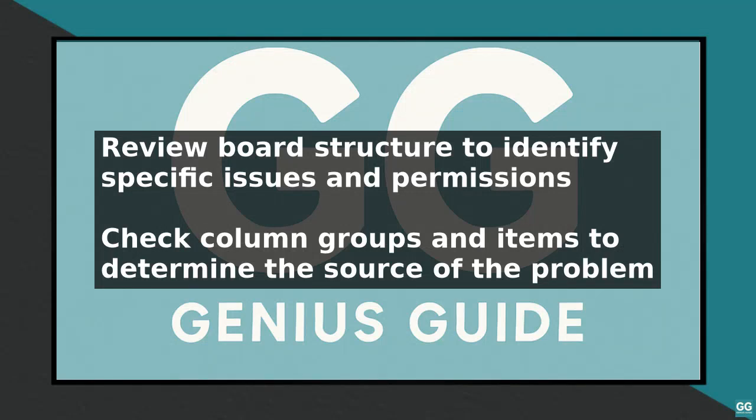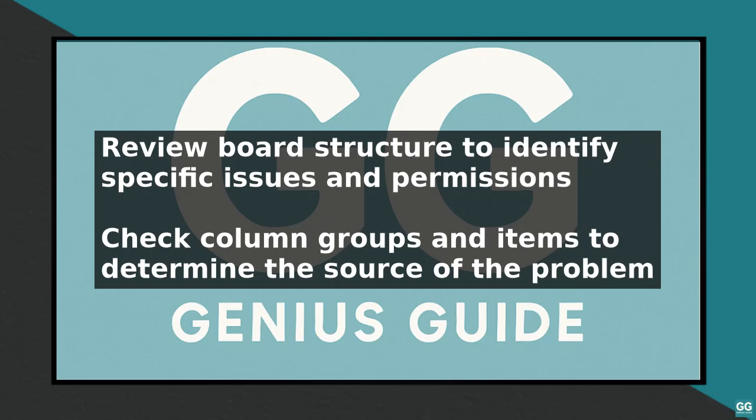To troubleshoot Monday.com board settings, start by reviewing the board structure and identifying the issue. Check if the problem is related to a specific column, group, or item. Ensure that you have the necessary permissions to edit the board settings. Next, navigate to the board settings by clicking on the three dots at the top right corner of the board